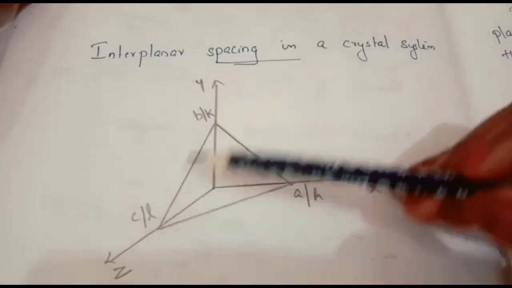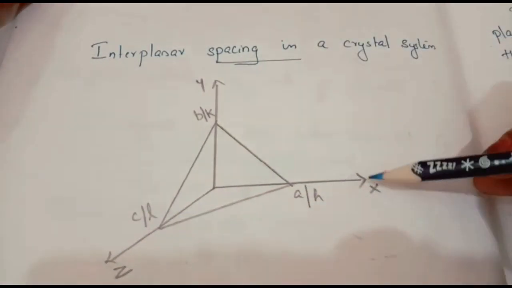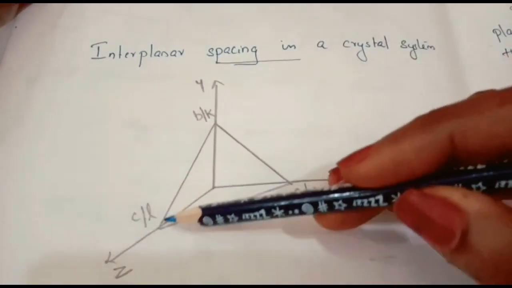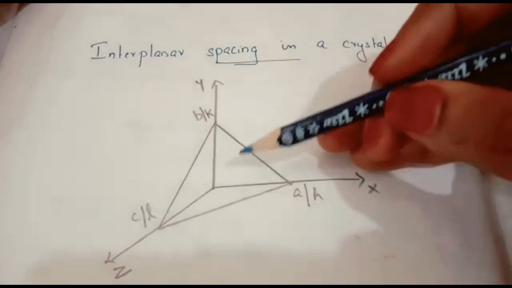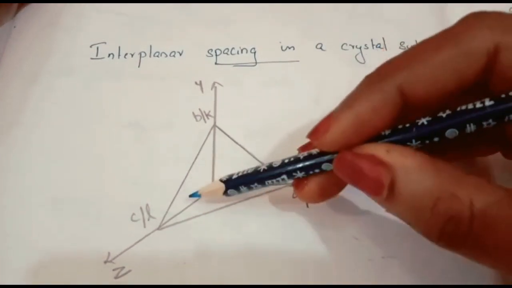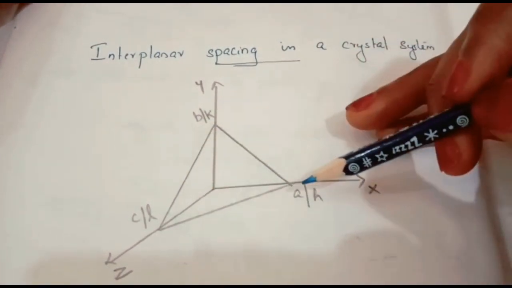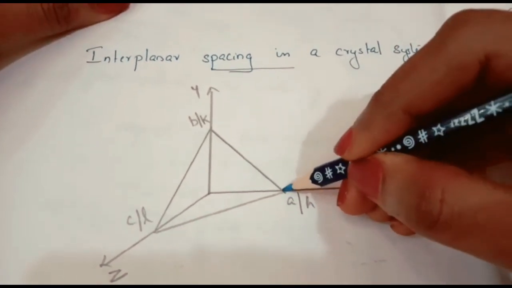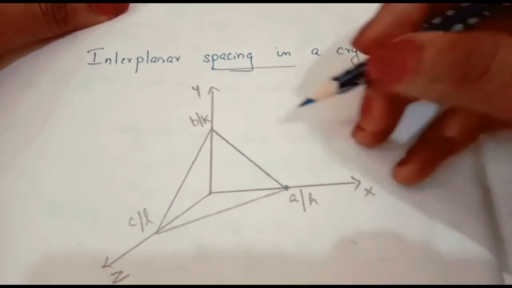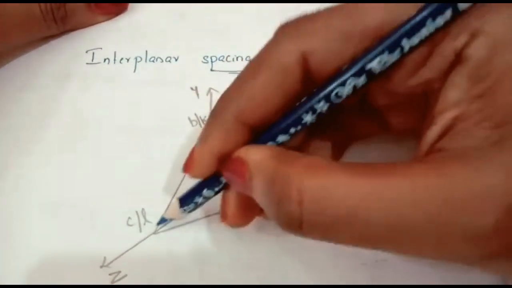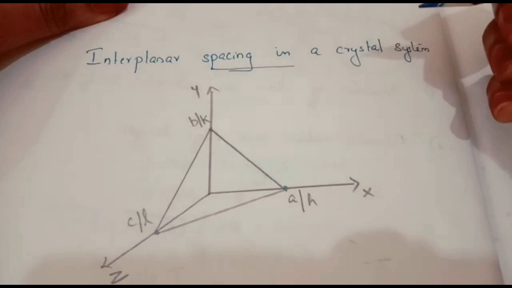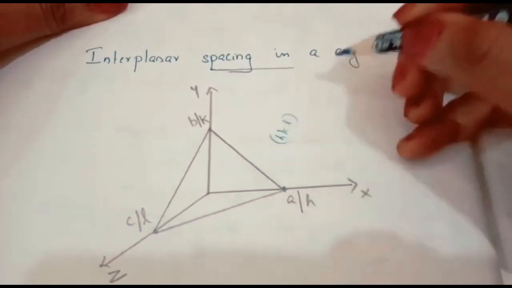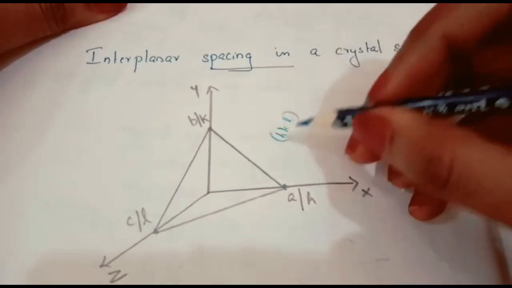Now we will draw one plane. These are the coordinates, crystallographic axes x, y and z, and this is the plane. We know unit intercepts A, B, C and whole number multiples of them. The law of rational indices we studied in the last class. So here these are the intercepts: this is the intercept along the x-axis, this is the intercept along the y-axis, and this one is the intercept along the z-axis. Suppose this plane is HKL. That is the Miller indices.